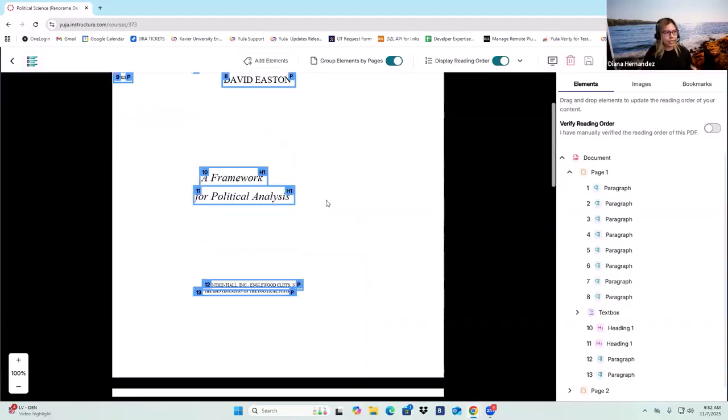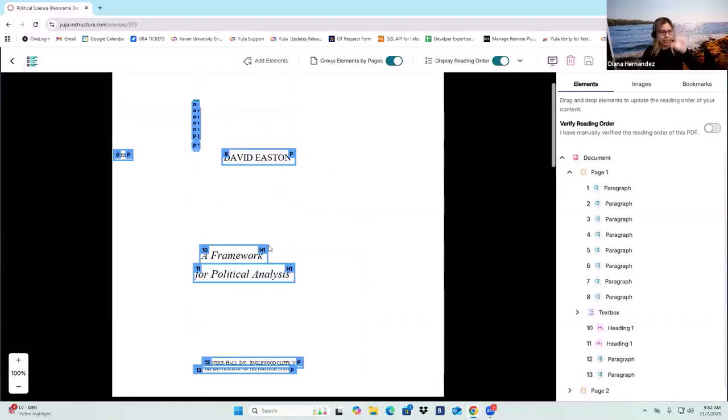So you want it to read each element with the correct tag as well as the correct order. So yeah, no problem. The structure remediation allows you to see the reading order as well as, over here, see the tags. And you can always restructure the order if you want to move them around. So you can see them.